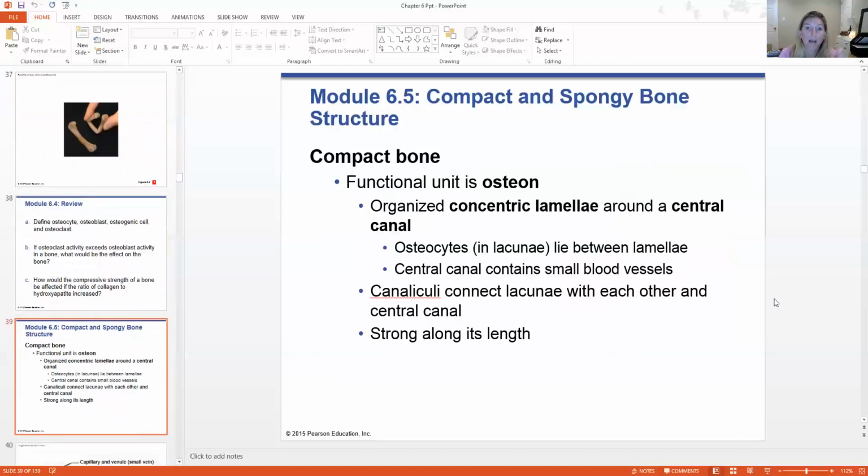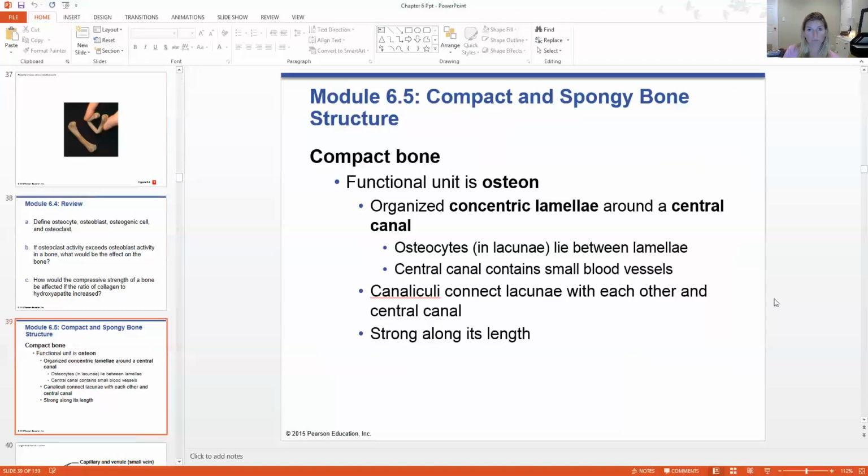Let's talk about compact bone. As I mentioned, it's called an osteon, the functional unit. That's that tree trunk structure. It's organized by concentric lamella, or the little rings of the tree, as we saw, where those osteons lived, and there's one central canal in the middle. The osteocytes live in the lacuna, and they are arranged in these lamella, or these little concentric circles, and the central canal is in the middle of the osteon. The canaliculi will connect the lacuna with each other and the central canal for exchange of nutrients and waste, and